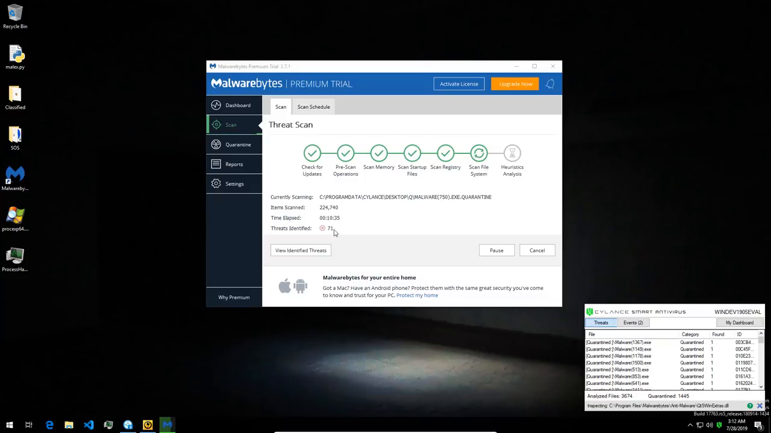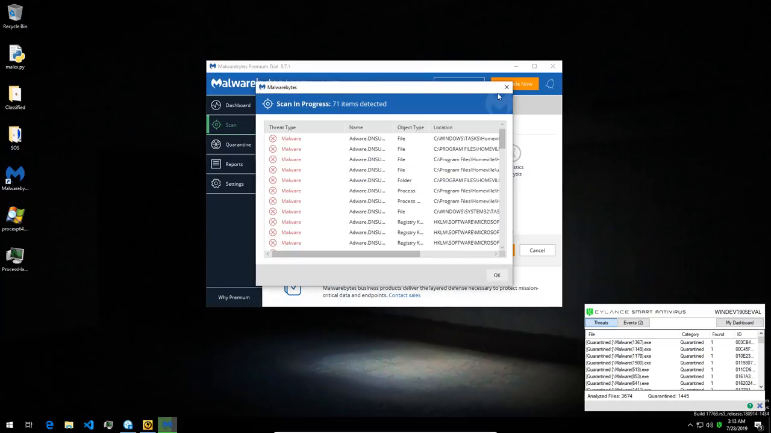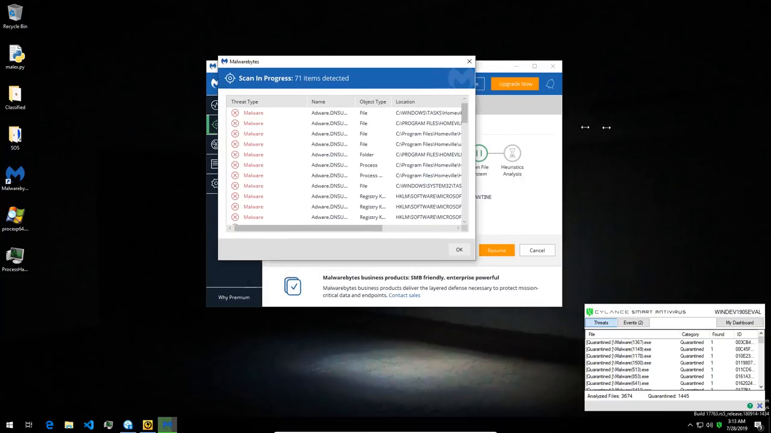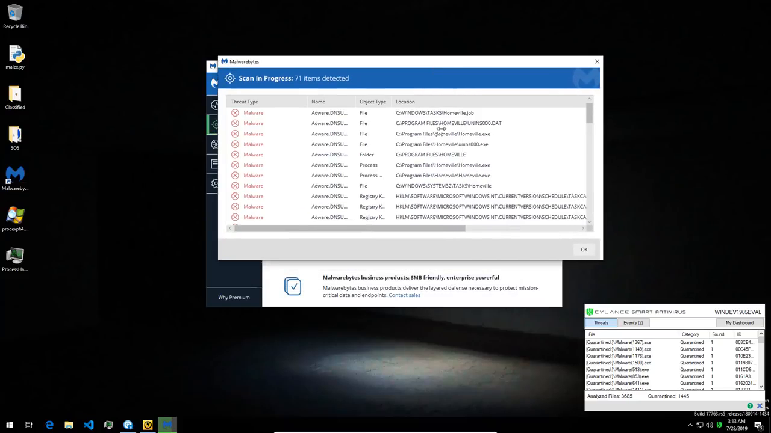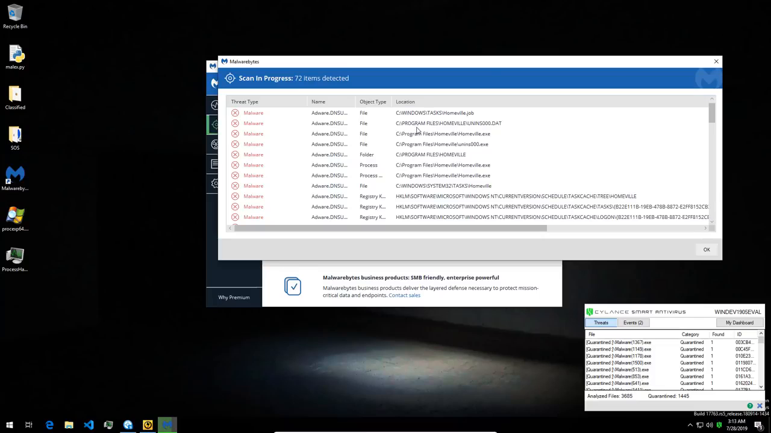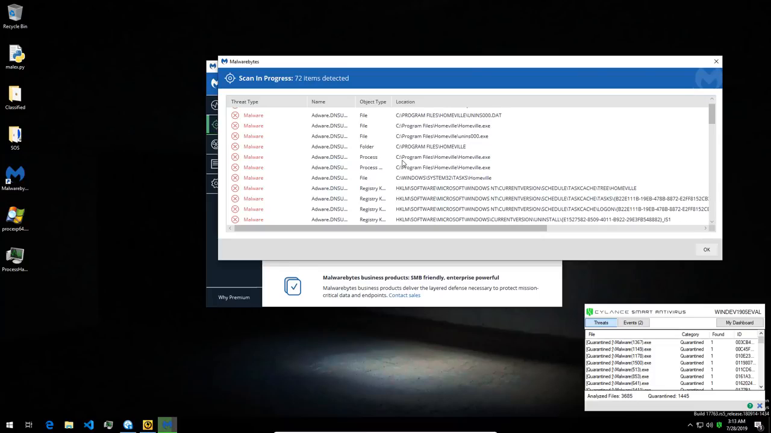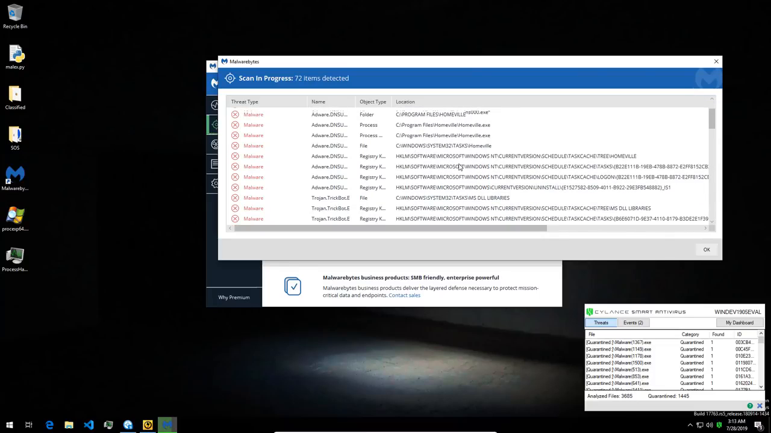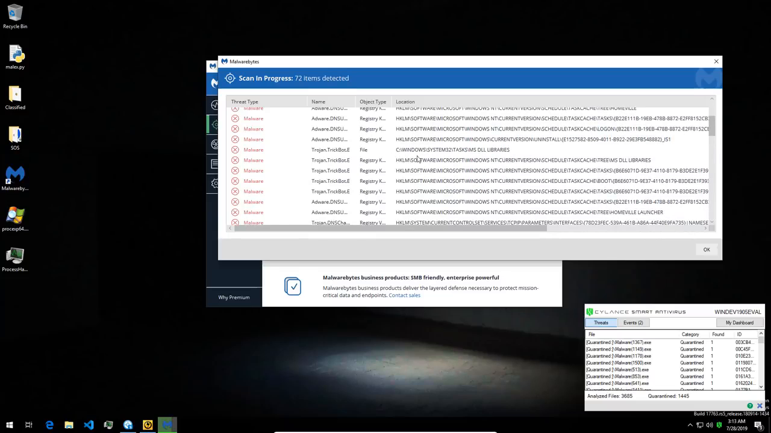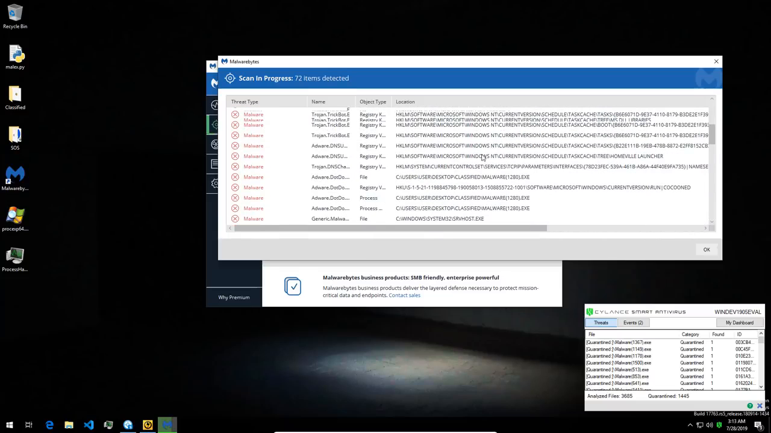Oh, dear. Looks like Malwarebytes is going to go through the entire quarantine. I think it's fair enough that we can stop the scan now. I'll just pause it, and we'll look at the identified threats. Let's see. We've got the same stuff, program files, Homeville. More of that. We've got a bunch of